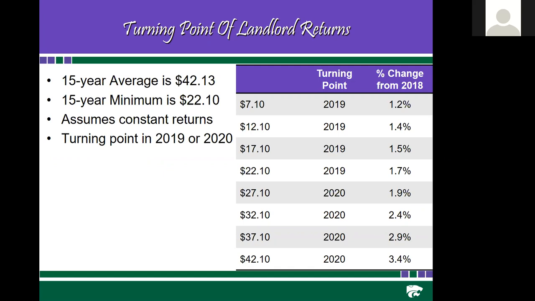The key thing is I've done this for more pessimistic scenarios, such that we go all the way to 710 per acre, which I hope we don't see. And then I have more optimistic scenarios where we get back to the average. One of the things you can end up seeing is, depending on the returns, we're either going to see a turning point in 2019 or 2020. And so what that means is that 2019 or 2020 are likely to be the peak of these numbers, unless profitability returns to much above average in the state of Kansas.